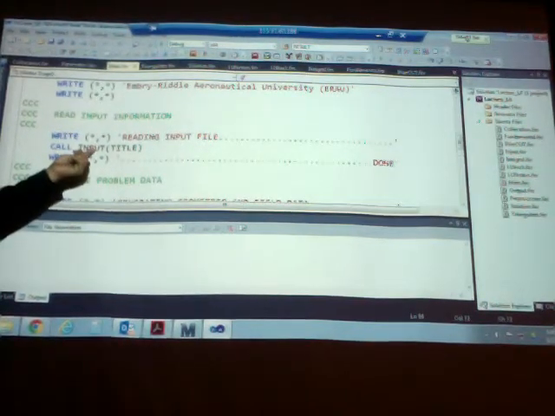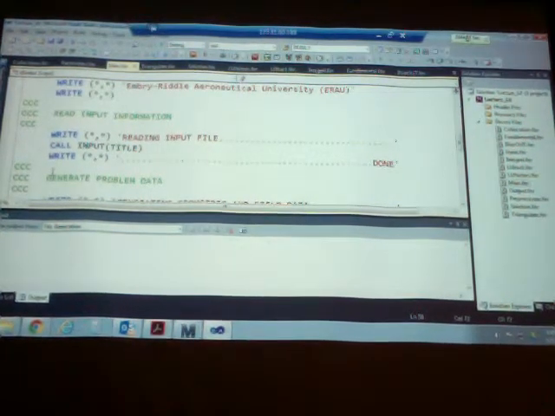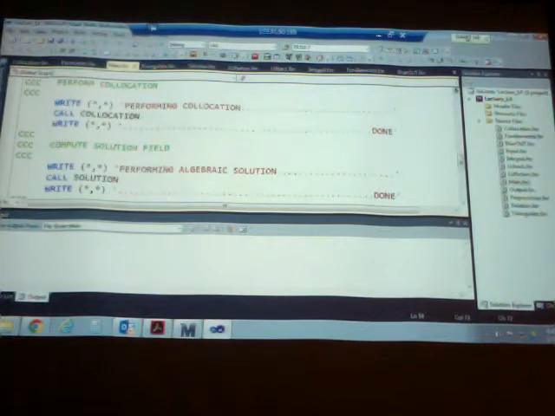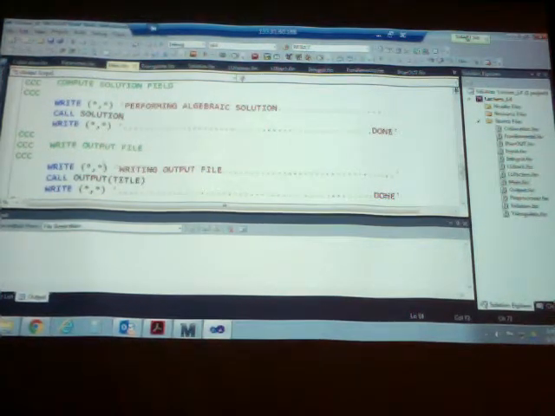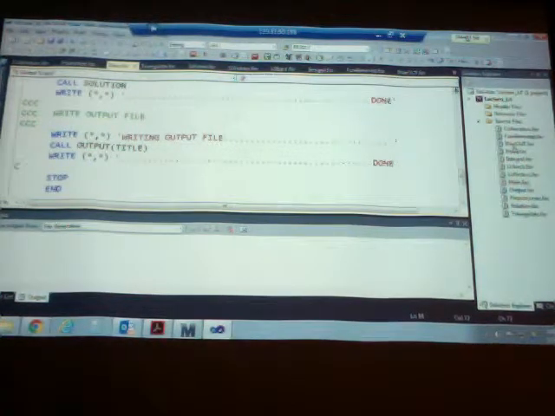Call input, that's a subroutine. The only argument that I'm sending there and receiving from is the title. Call preprocessor, call collocation, call solution, call output. That's it. So if you go to the input routine,